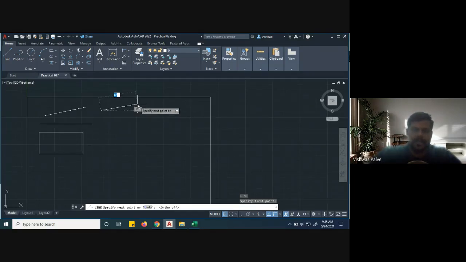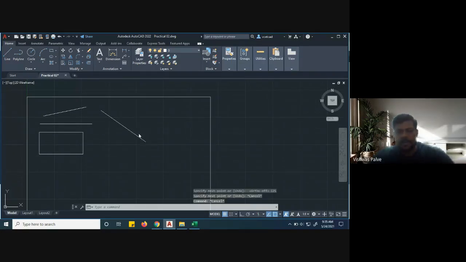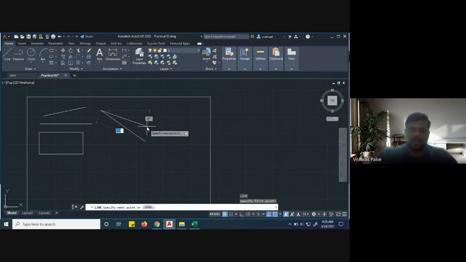My next point is, I want to draw an inclined line, and the inclined line is 125 millimeter. And if I press enter, what will happen? Directly a 125 millimeter line has been drawn, because I have not given an angle, right? If I want to type an angle also, then you have to use the tab option. So again, I'll show you. L enter. From this point, I want to draw a line of 125 millimeter, and then press tab using an angle of 30.